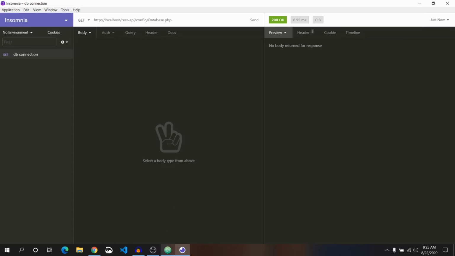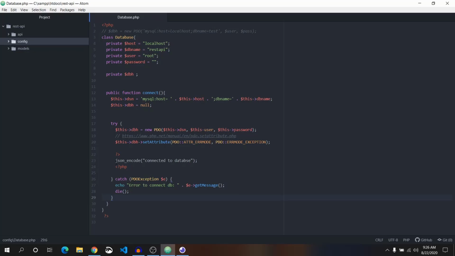But I want to show that message. To show this message connected to database, we need to do a few more things. We need to return from here. We need to return our database connection, that is this.dbase. Okay,